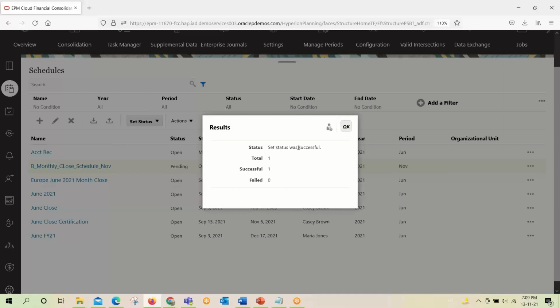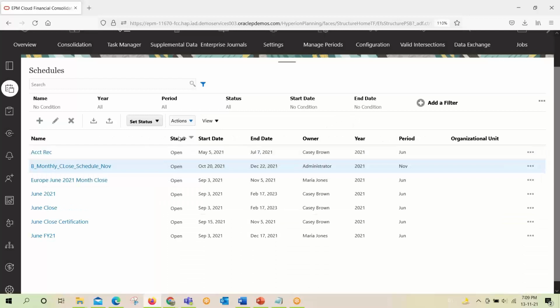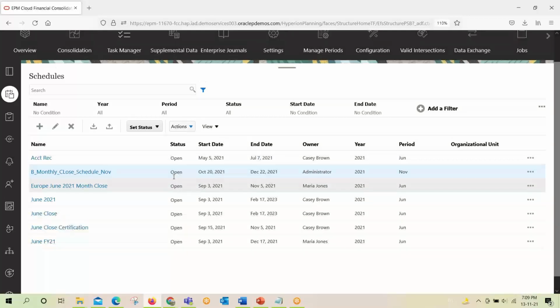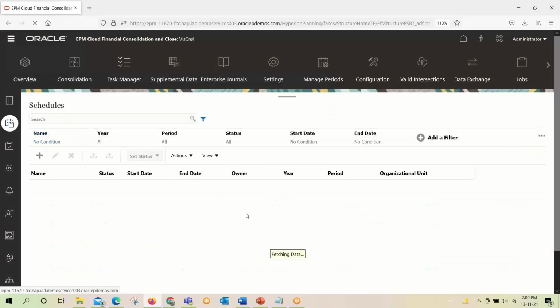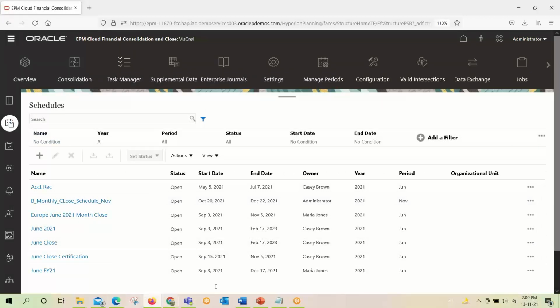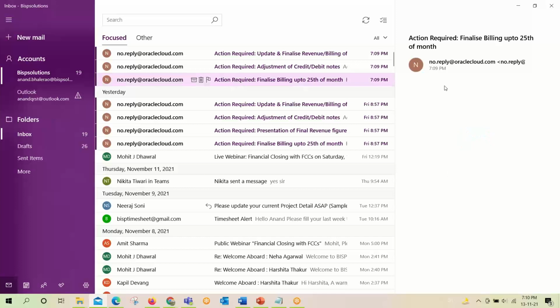The status was successful. Now the status has changed from pending to open. As the schedule is open, the email notifications will go to the different users, which I will show you. Yes, see that. These are the 3 tasks for which the notification has been received. This is the first one.